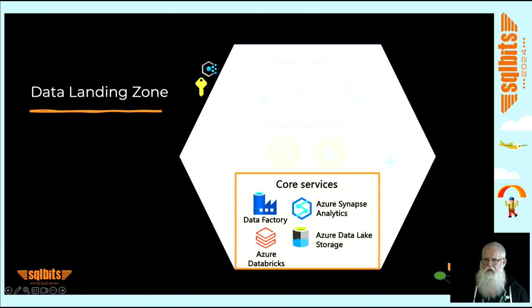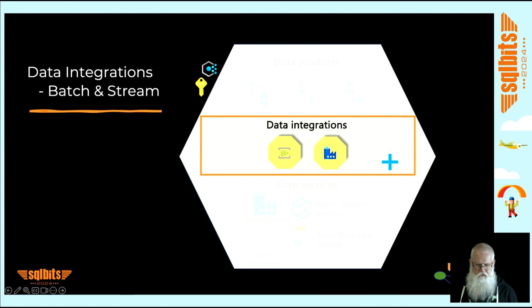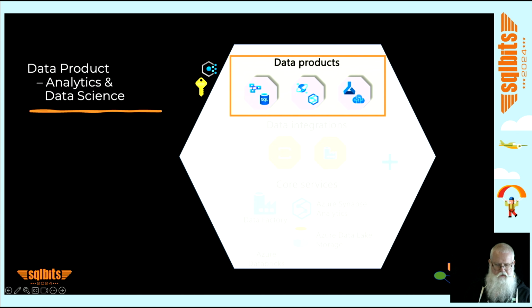Then you have your data landing zone, and you can have as many landing zones as you want. You can have one for each domain if you want, and landing zones here are subscriptions in Azure. You can also have one central landing zone and let the different domains just access that as spokes. That has its core services to make sure that data is landed in and made available for the domains.